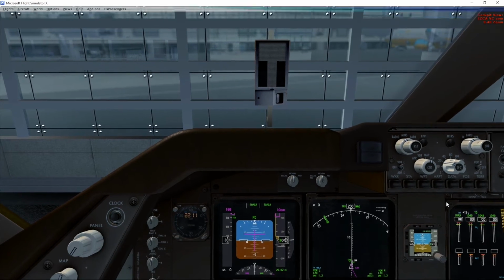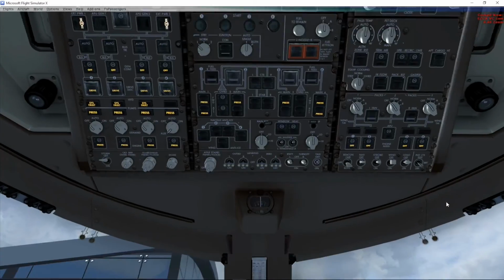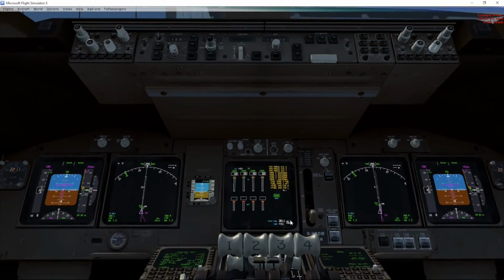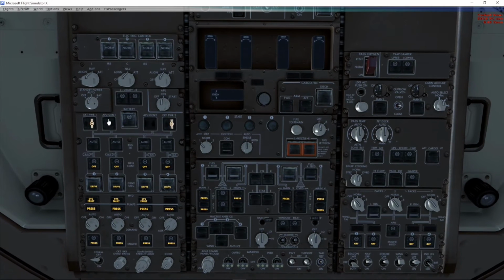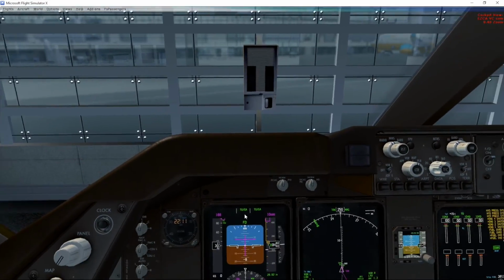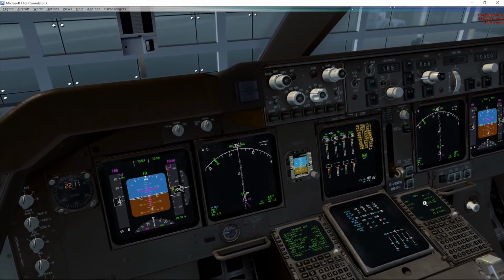So with this, we'll go back up top. Just so you can see here, we are concerned with the APU Gen 1, APU Gen 2. So now they are available. You can jump off external power by simply clicking on APU Gen 1 and APU Gen 2. Notice that the external power is still available because it's still down below. What we'll do is we'll come on down, bring the second FMC,